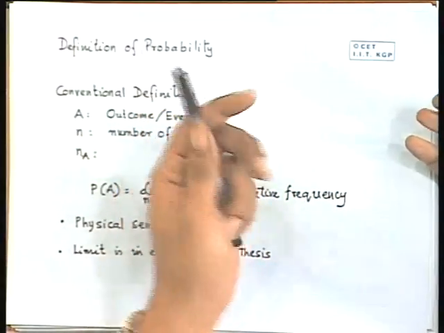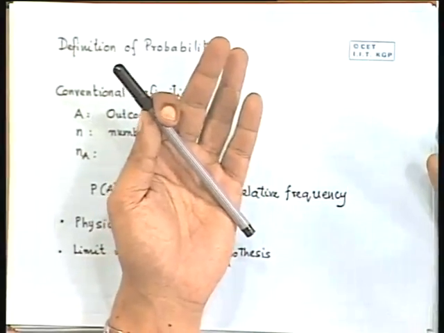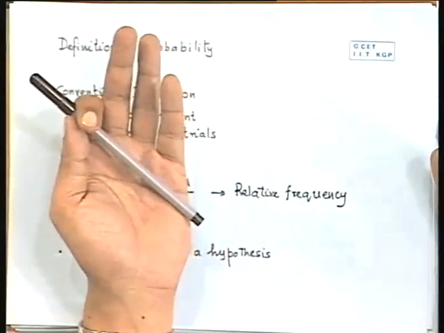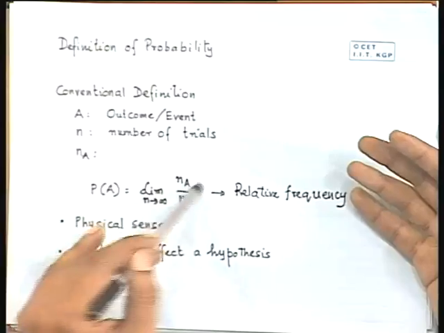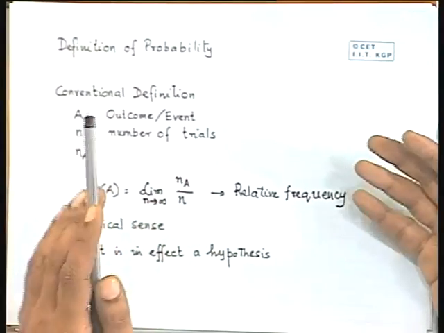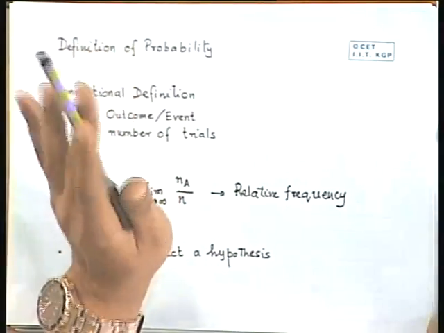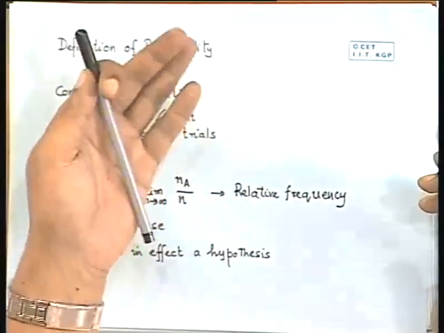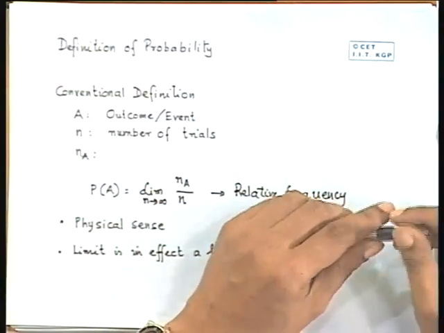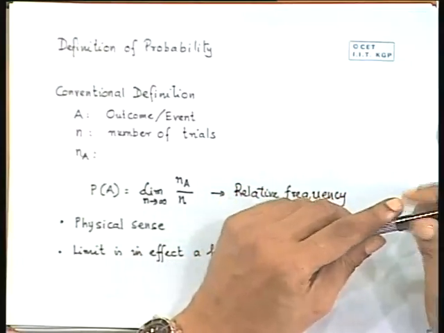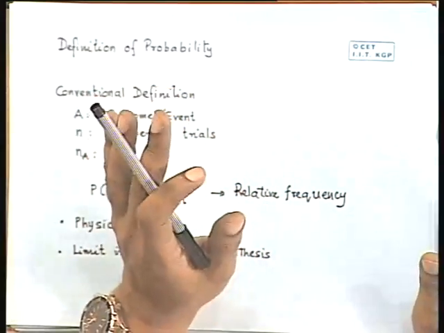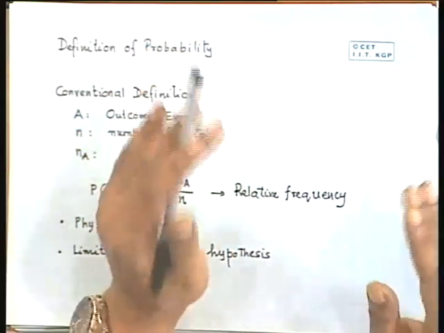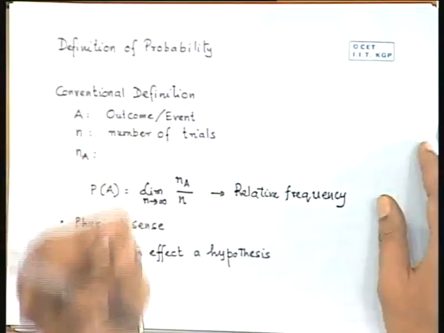You don't know. So anyway, you are making a hypothesis that if you perform an infinite number of trials, this quantity Na by n will approach a limit. This is your hypothesis. You cannot verify. So based on that hypothesis, you are defining this problem. So they would say that no, why all this? Let us not find out how we are assigning these numbers p.